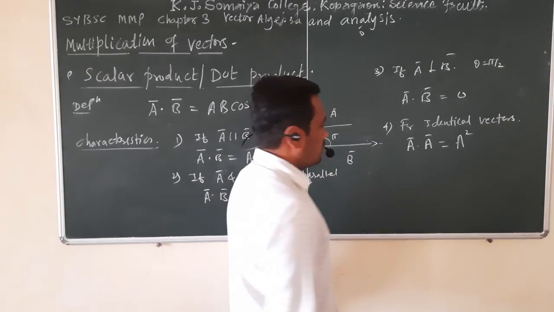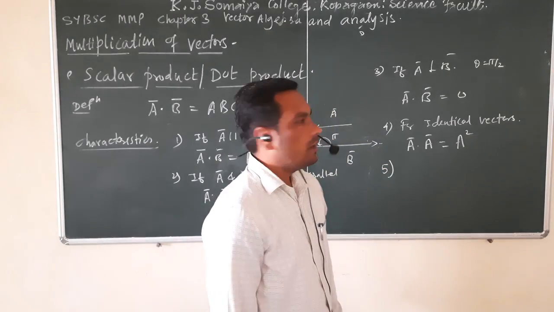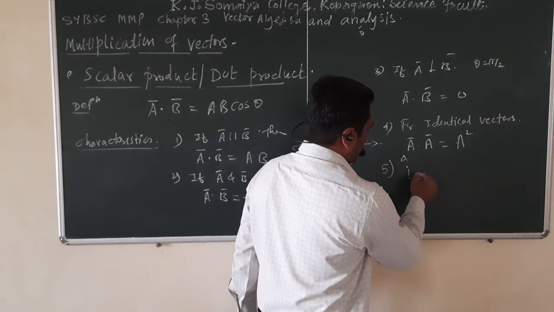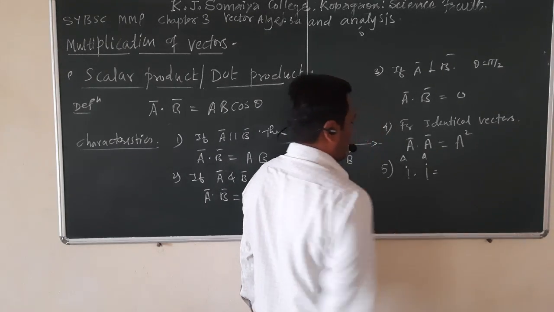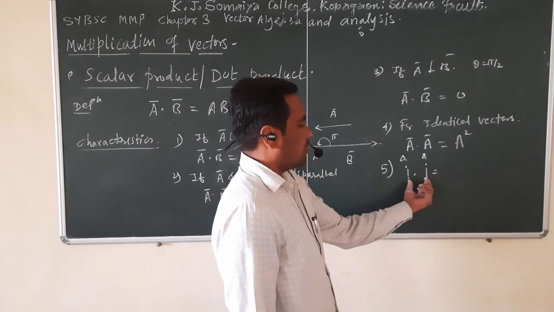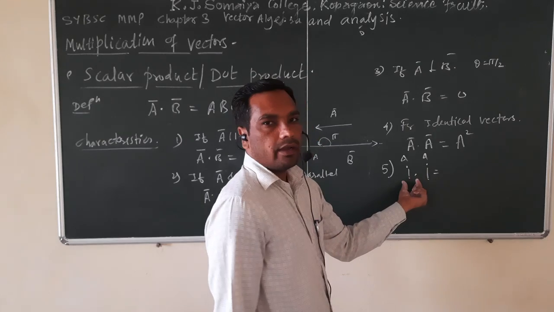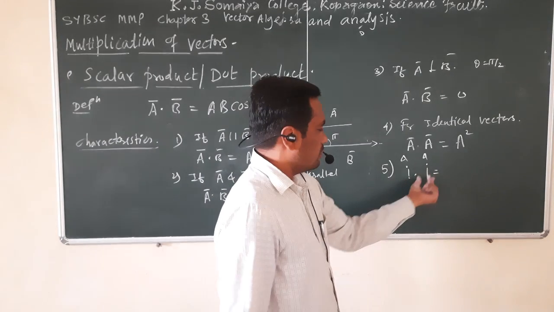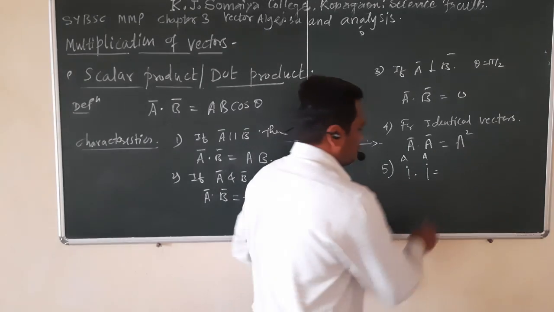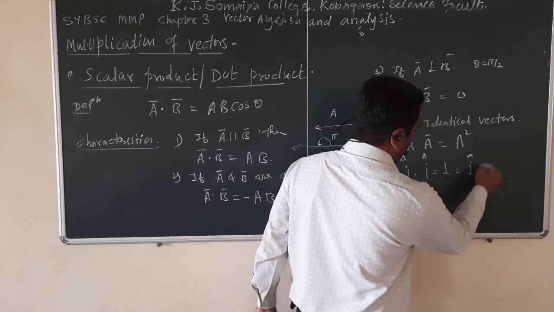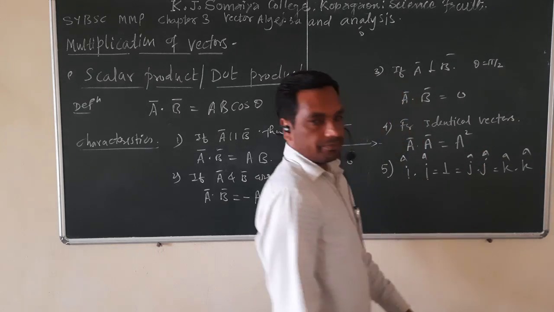Okay. So again, the next property is for unit vectors. We know that i cap is the unit vector along the x-axis. Suppose you take i cap dot i cap. So these are two identical vectors. So we know that this is equal to the magnitude of this vector, and the magnitude of a unit vector is 1. So 1, and the magnitude of this vector is 1. So here we get 1 square, which is 1. Similarly for j cap dotted with j cap, and similarly for k cap dotted with k cap.